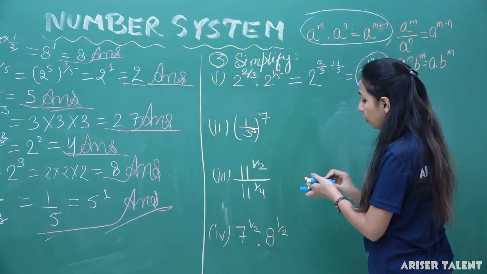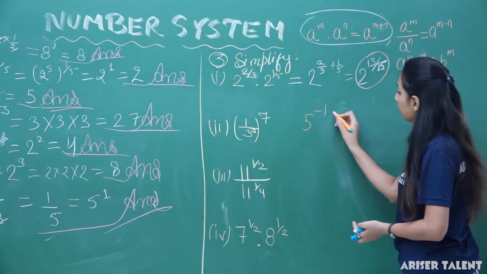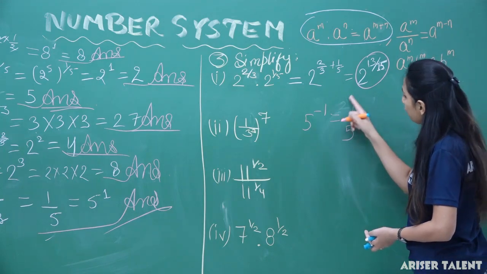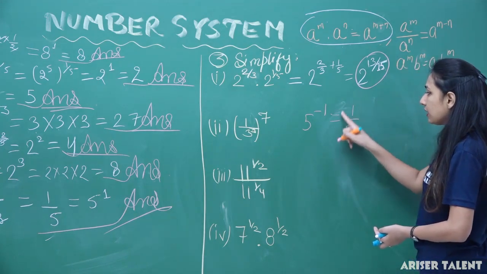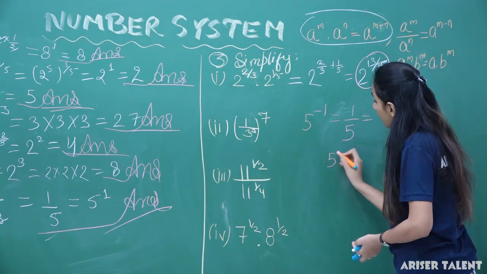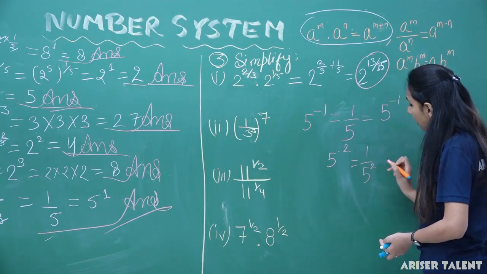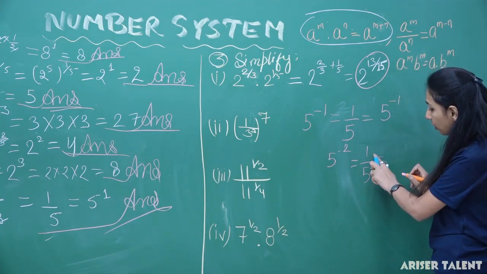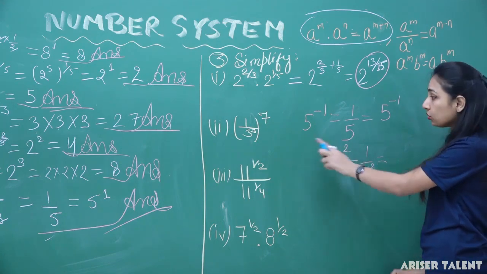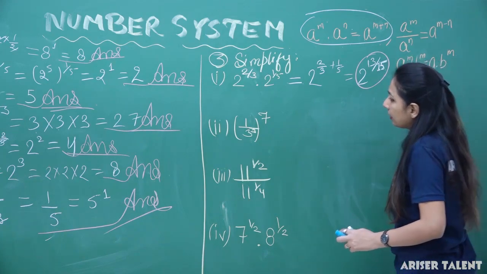Okay, because I have told you that if you have 5 raised to power minus 1, you are going to write it like this. So if you are given this particular criteria, how will you rewrite it? 5 raised to power minus 1. Now, if 5 raised to power minus 2 can be rewritten as 1 upon 5 raised to power 2, then 1 upon 5 raised to power 2 can be written like this. So here we apply the same thing and will rewrite it like